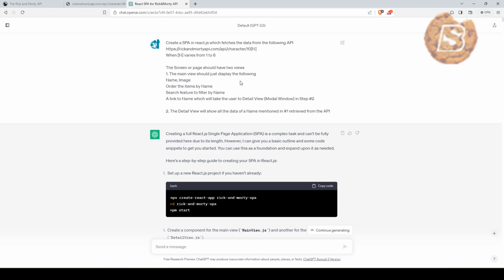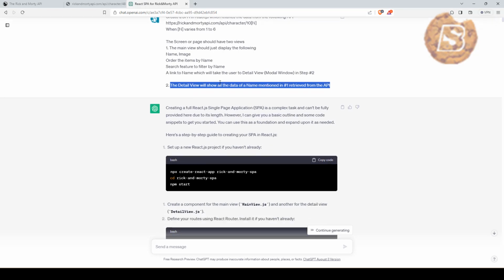So here what we are trying to say, we are saying that we need to create two pages or two views. The main view should just display the following: name and image, order the items by name, search feature to filter by name, and a link to name which will take the user to detail view, which is a modal window in step number 2. And in step number 2, we are saying the detail view will show all the data of a name mentioned in step number 1 retrieved from the API. Once that's given,